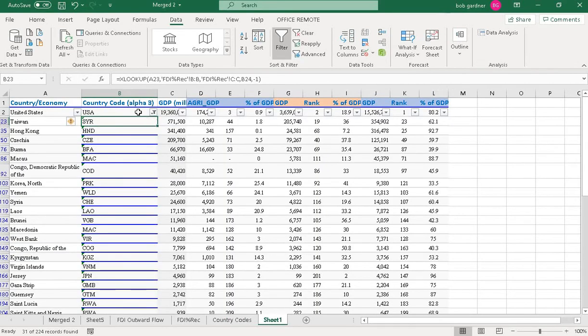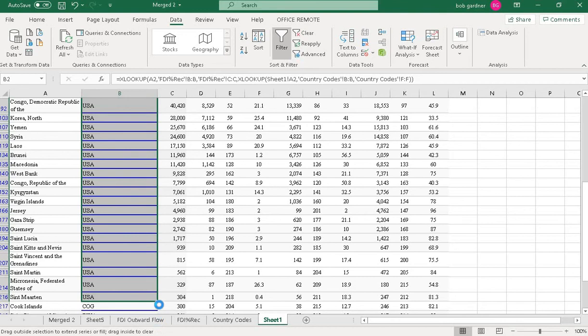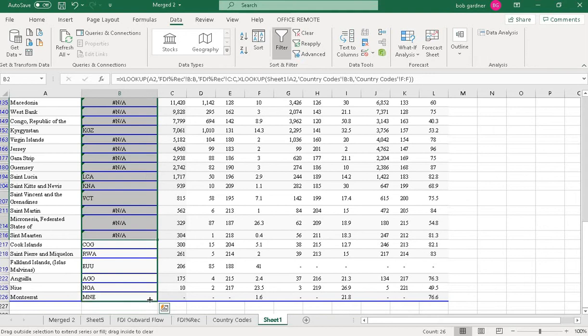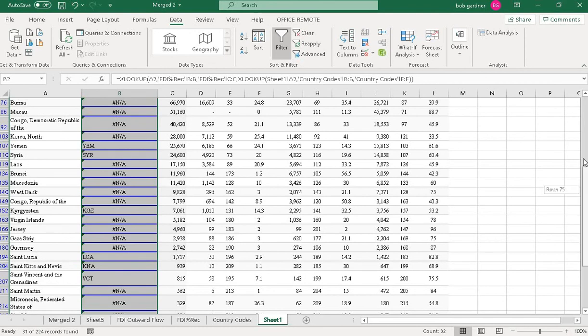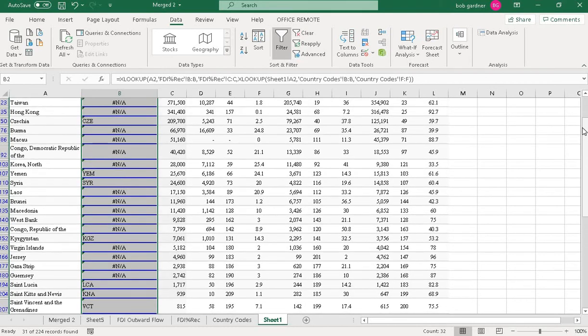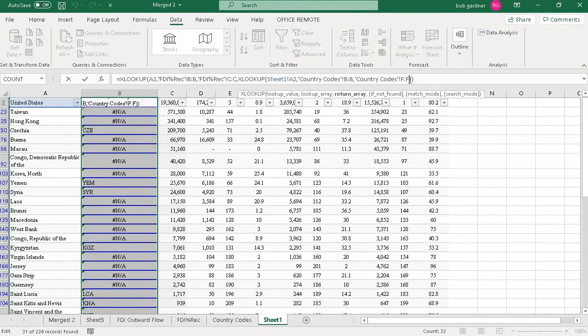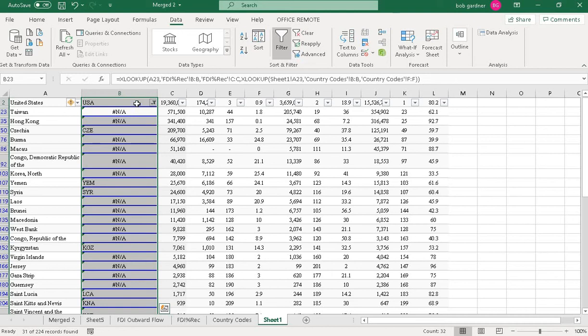I'll just pull it down and apply the formula to the same thing. Here you can see many of these values were available in the second sheet, and many of the values are not available. Okay, so you can put this, and again if it doesn't work you can put if not found, then again you can put a third argument. Also, if you want to search for a lesser value, let's put -1 there. Again you can see some values it works.